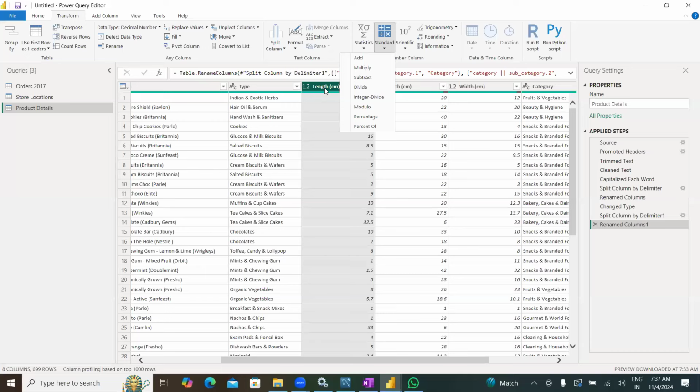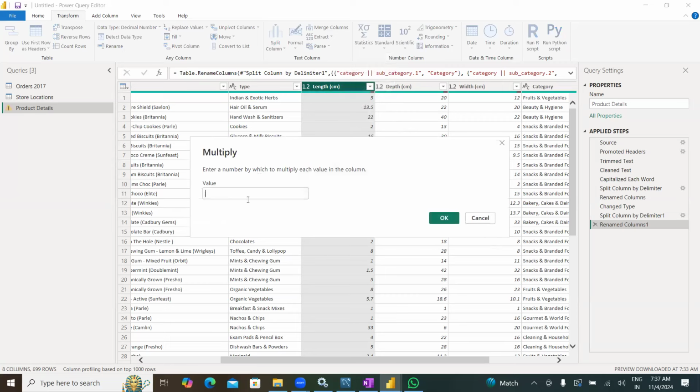You need to multiply all the values by what? The length currently is in centimeter, but let's say the business end wants the length values in meter. Then what do you need to multiply it by? Multiply all the values by 100. 0.01, right? So